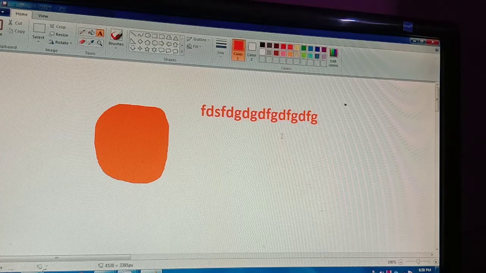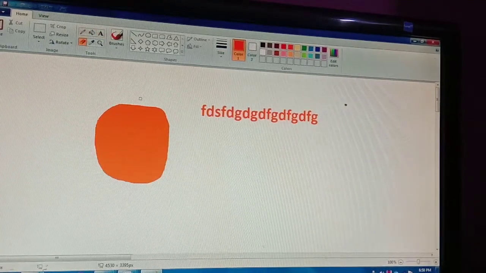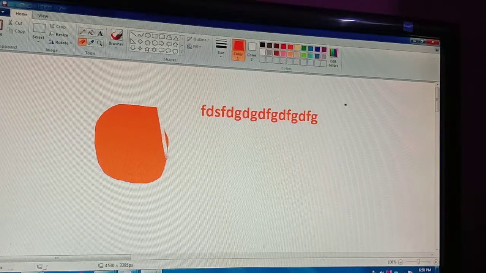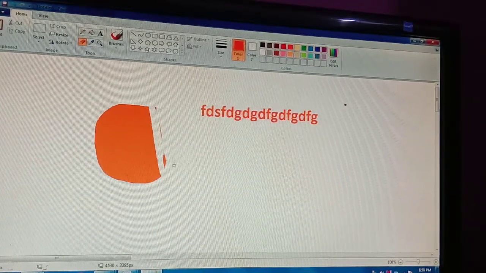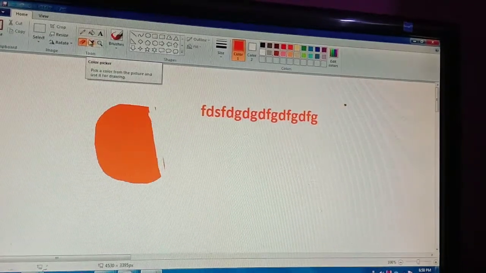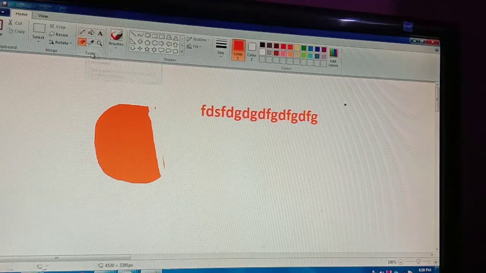Okay, student, so here is the eraser also. You want to erase something from your drawing, you can also erase. Just like I want to erase this, so you can erase. So this is your eraser. Okay, जैसे आप drawing करते हैं तो आपके पास eraser होता है ना बेटा, similarly eraser is there.